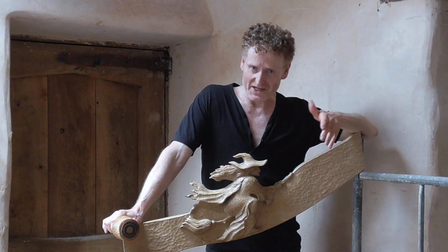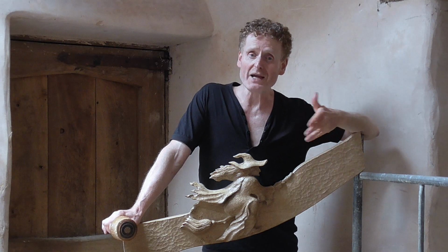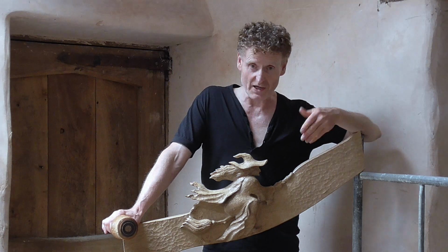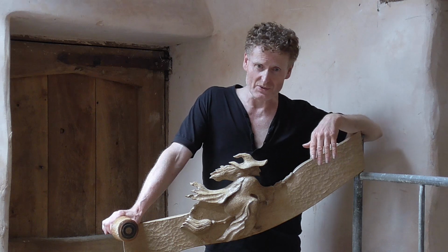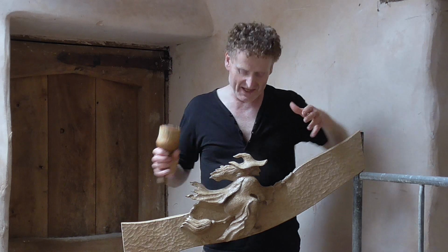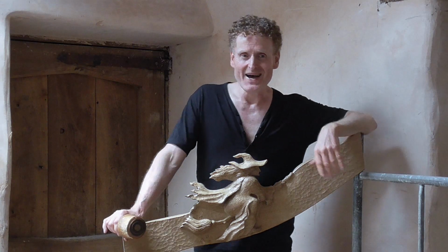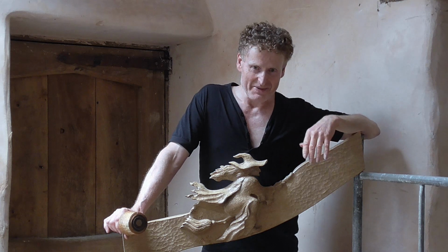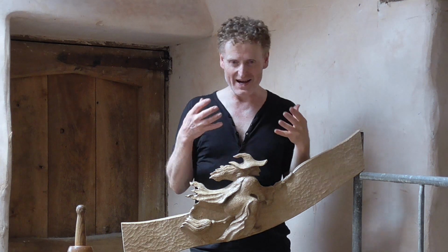This client came to me from Surrey, and she couldn't find what she wanted in the southeast, so she came to my business and we discussed her aims and aspirations with regard to the design. And she was very much into mysticism, witches, wizards, so I came up with this design which has a childlike simplicity. And I know she'll be absolutely over the moon with this because I've actually encapsulated her personality,